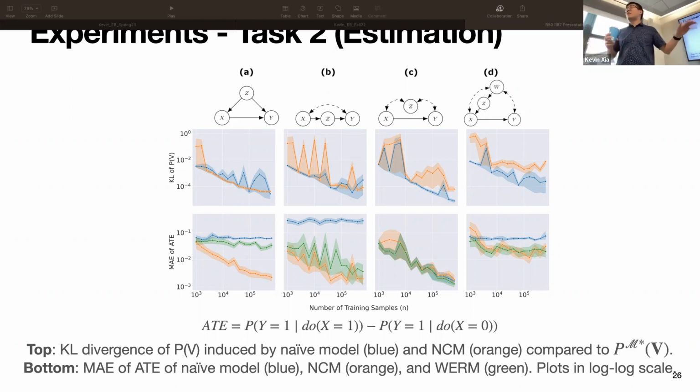Orange is our method with the NCM. Blue is a naive model where you're training a neural network to fit the data without the graph and seeing if it'll give the right causal effect. And then green is weighted empirical risk minimization, which is another technique that's not really related to fitting an SCM. That's also used for estimation, right? So when it comes to fitting the data, which WERM doesn't need to do,